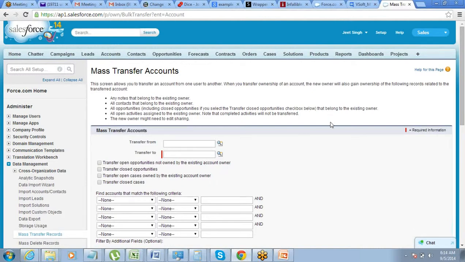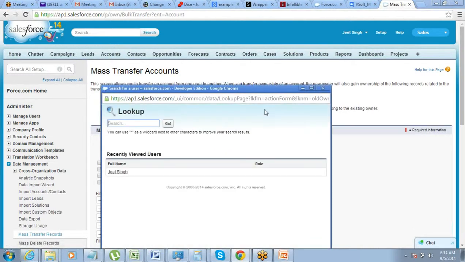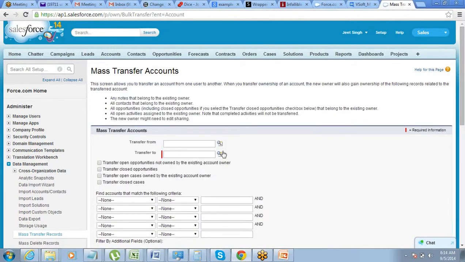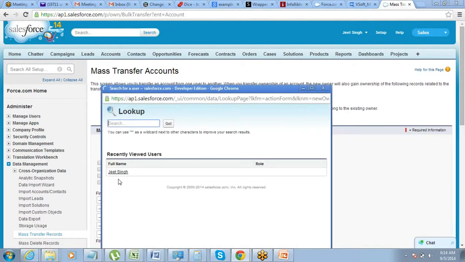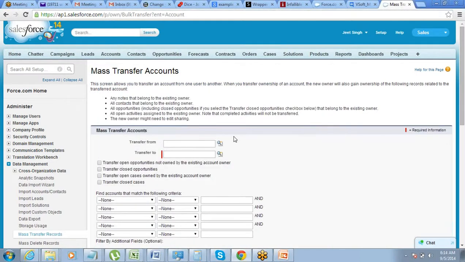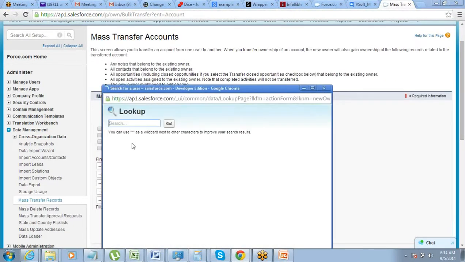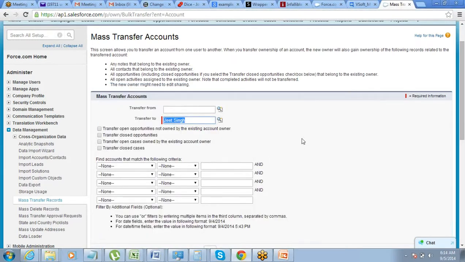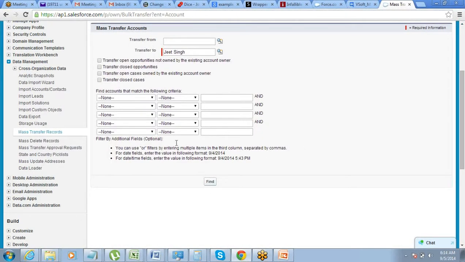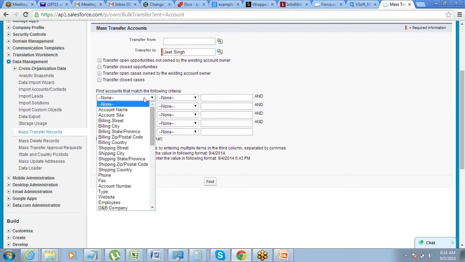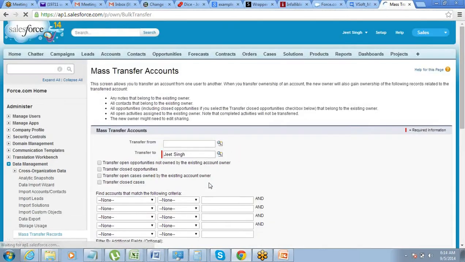Okay. So just select a user, from user, select a 2 user, and then once you have selected a from and to user, if you want to put some filter criteria to search the records which need to be transferred, let's say all the records from a particular country or a city, you can put that filter and then click on find.